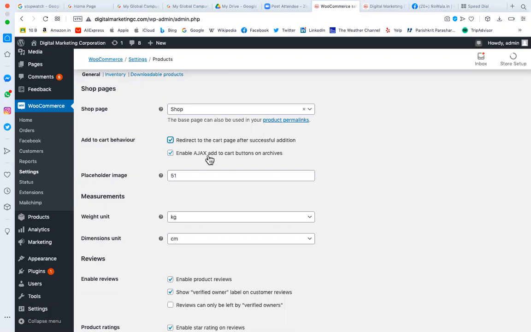without changing the URL. For example, let's suppose you have filled up a form, and after filling up the form, sometimes you will see that a thank you page comes. This is the simplest way, that whenever you fill up the form, you land on the thank you page. But another way, you must have seen somewhere, is that you fill up the form and the thank you message is displayed on that page only, without going to another page. Thank you for submitting the form. We will get back to you as soon as possible, or something like that. That is possible. That is the AJAX technology.